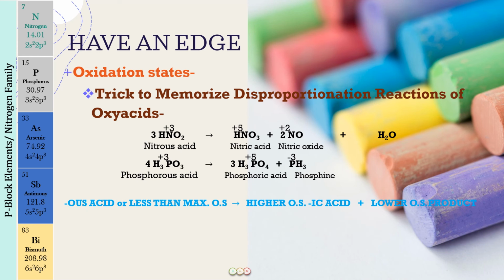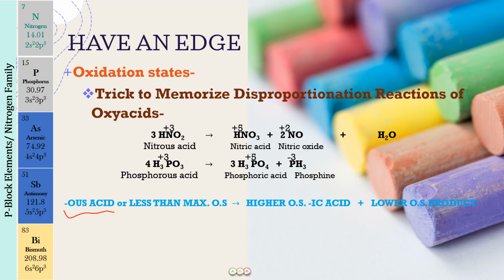So the trick is, whenever we have an -ous acid, it is always going to have a lower oxidation state than the -ic acid. If you watch my lectures on the oxo acids, although at the time of recording they will be coming up when we do the complete discussion of the group 15 elements, I've already uploaded tricks to remember the oxo acids of phosphorus in my lecture on inorganic made easy. There you can get a detailed understanding of what we mean by oxo acids, which is going to be an -ic acid, which is going to be an -ous acid, and all that. That will be really helpful to you.